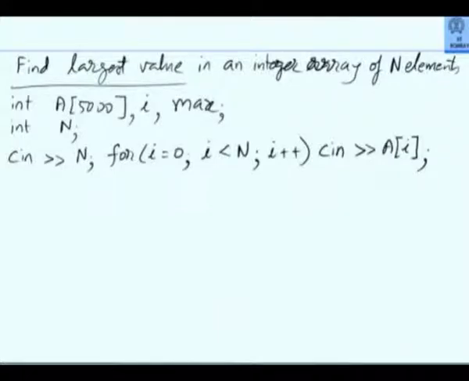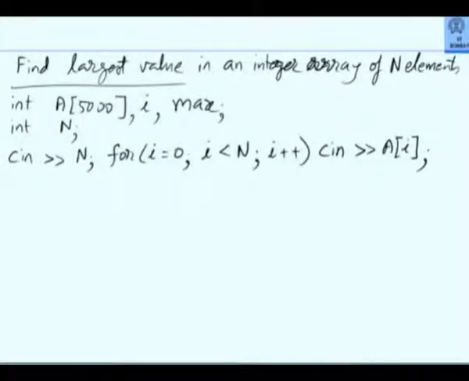If n is less than 0, no problem. The loop will not execute at all. Nothing will be read. But if n is 10,000, I will have a problem. Same segmentation fault. You are reading values and putting those values in his house. Not permitted. So that cross check you can do. But otherwise, programming wise, this will work.